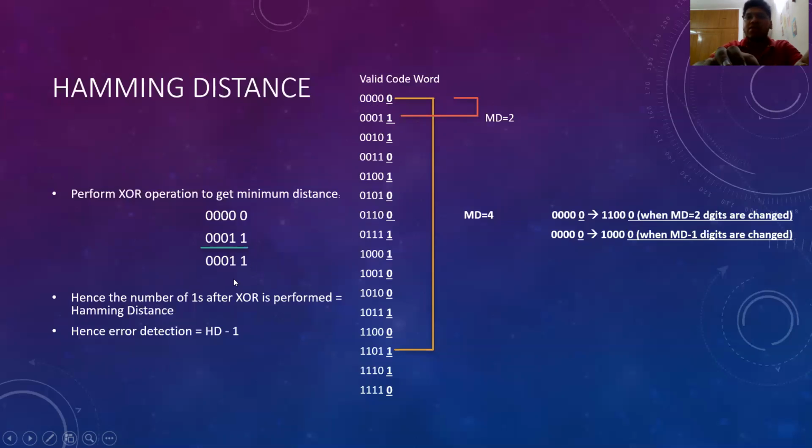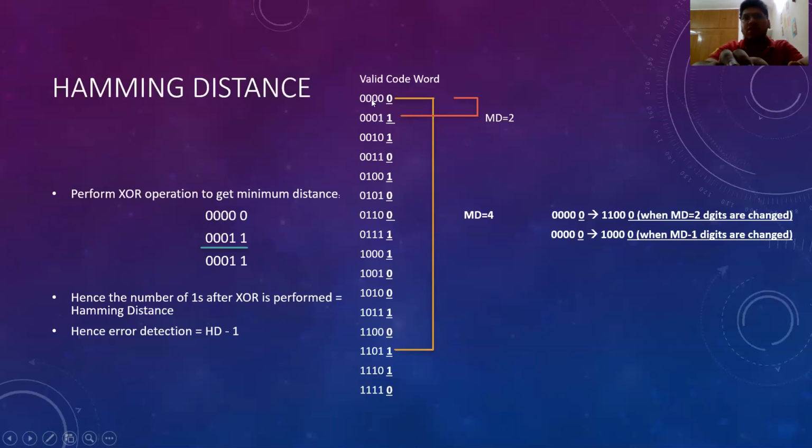What is the number of ones here? There are 2 ones. After the XOR operation, we came out with 2 ones. So what is the meaning of 2? I'll explain later. Let us know there are 2 ones here. Let's keep this aside. These 2 ones are basically a distance, and this will help to know the Hamming distance. We'll find out later.